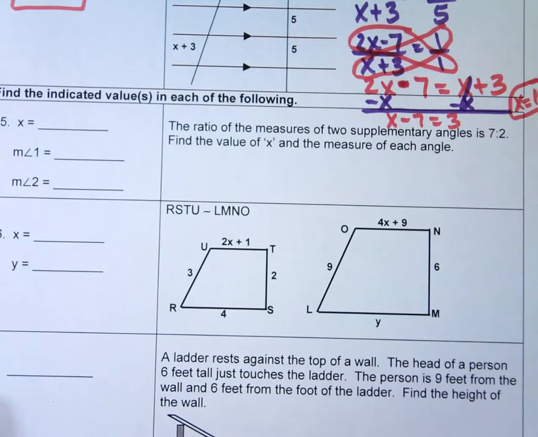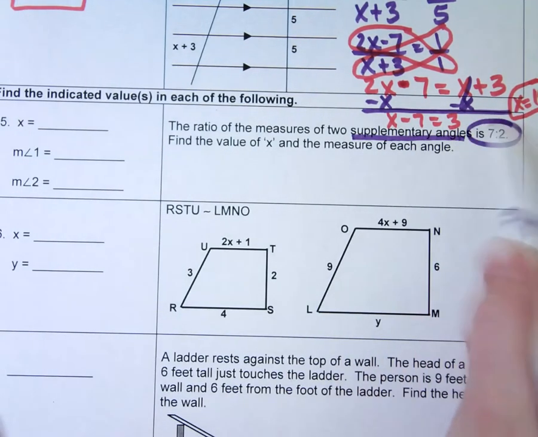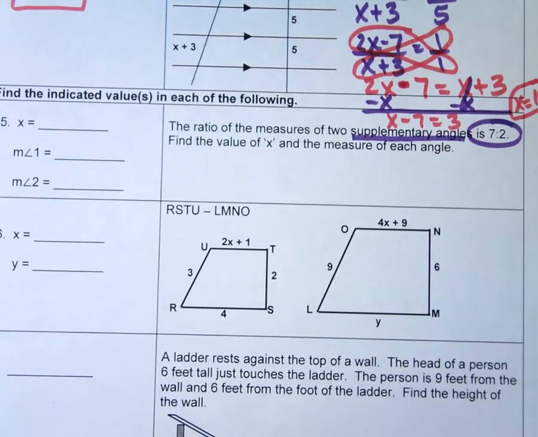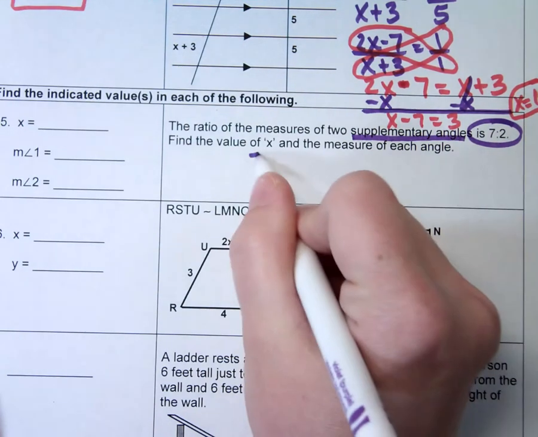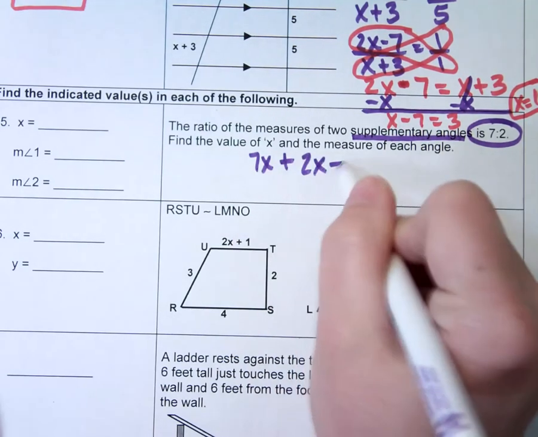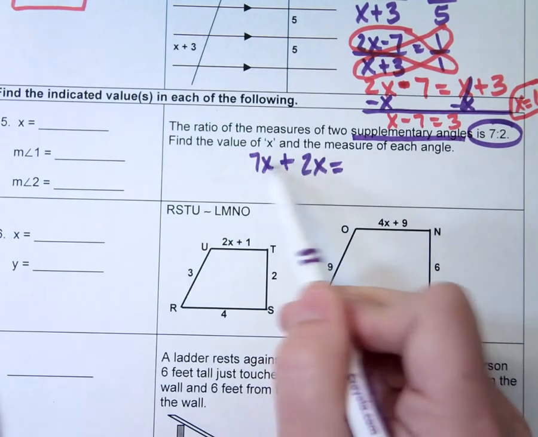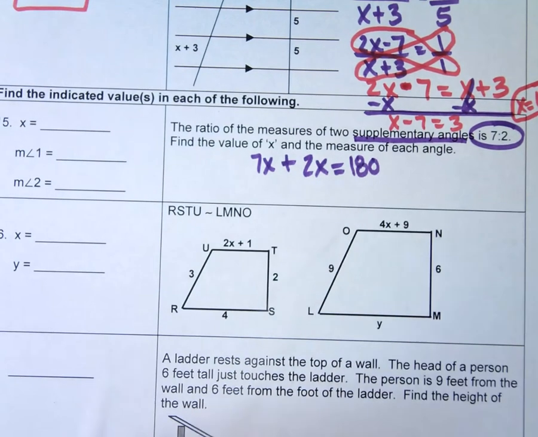Okay, number 15. This says the ratio of the measures of 2 supplementary angles is 7 to 2. Find the value of x and the measure of each angle. Well, what do you know about supplementary angles? They add to be 180. So if the ratio is 7 to 2, I'm just going to put an x behind each of those. One of the angles is 7x, plus the other angle is 2x. And you said that supplementary angles add to be how much? 180. If I combine like terms,